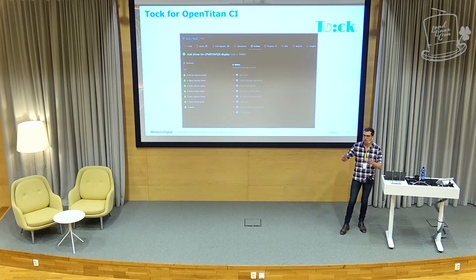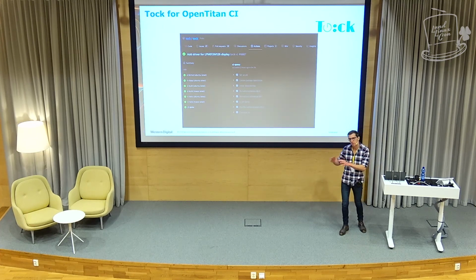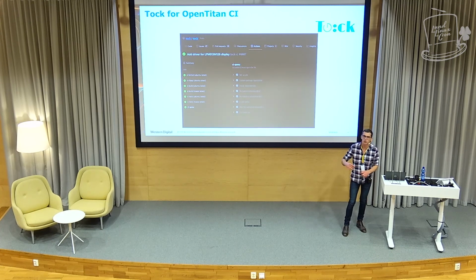There's no board farm. We're just using GitHub's free, self number of minutes and all that stuff. So it doesn't cost us anything. There's no maintenance. It just runs on QEMU every single pull request. So we never have a regression. It doesn't mean you can get away. Maybe you still need some board farms. If you have a bike and you want to make sure your bike still works, but you can offload a lot of it onto QEMU.